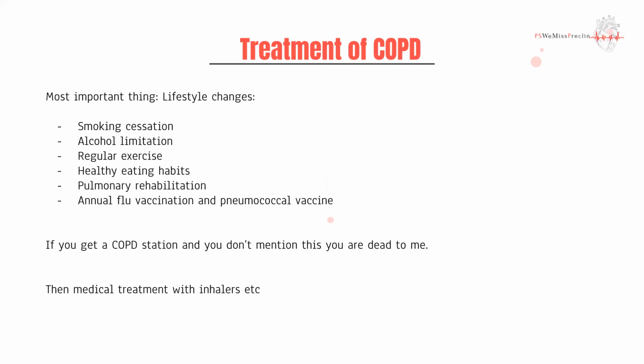Then it's good to ask, how much did they smoke? So, as a rough estimate, how many cigarettes a day or how many packs a day? And a good way to classify the quantity combined with the time is going to be a metric called pack years. So one pack refers to 20 cigarettes. So if someone smokes 20 cigarettes a day for 10 years, they're going to have a 10 pack year history, right? If they smoke 10 cigarettes a day, which is half a pack, for 10 years, it's going to be a 5 pack year history. If they smoke 2 packs for 10 years, that's going to be a 20 pack year history, and so forth.